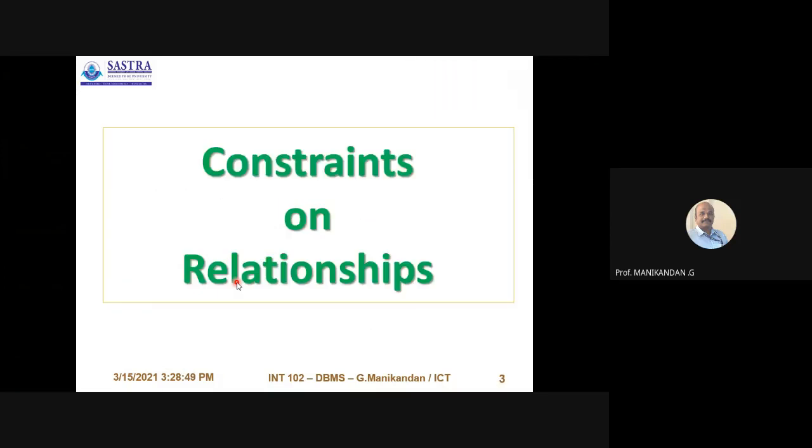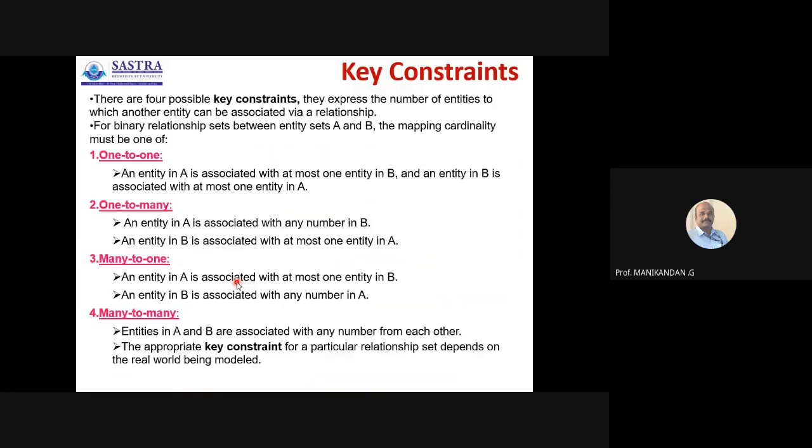So first we will start with the constraints on relationships. With respect to the key constraint, there are four possible key constraints. What is the use of these key constraints? These key constraints are used to express the number of entities to which another entity can be associated via a relationship. You are having a relationship type. So I can add a constraint such that I can specify how many entities of one entity type can be associated with entities of another entity type